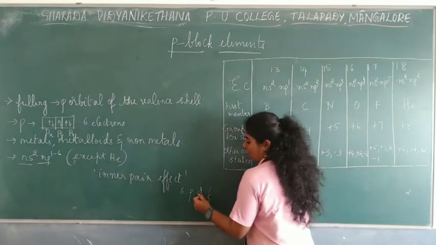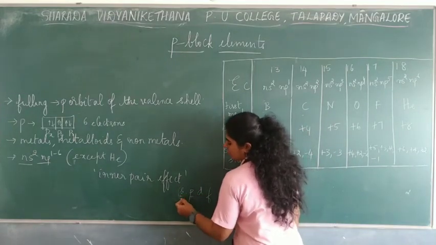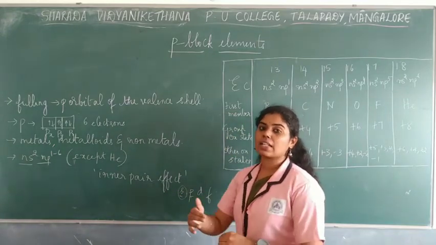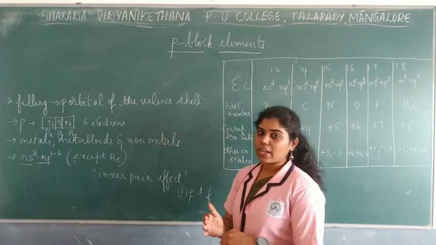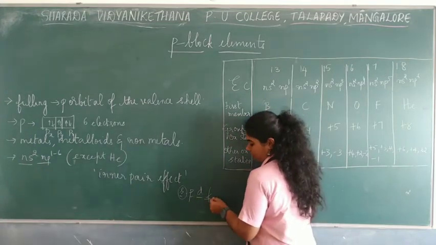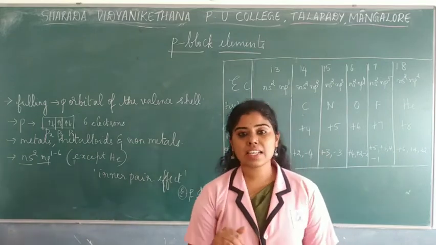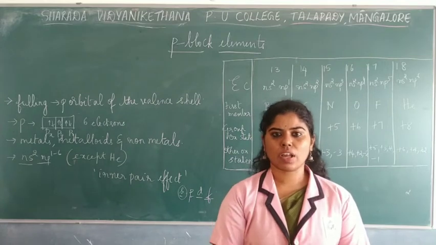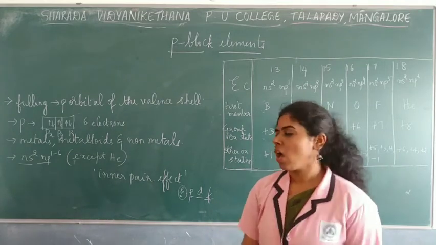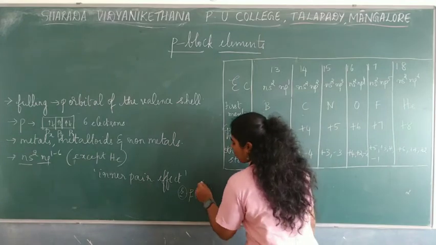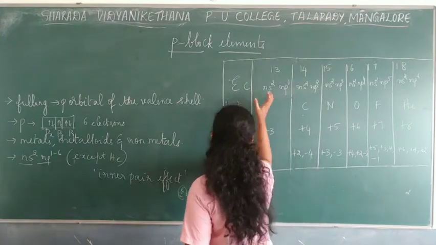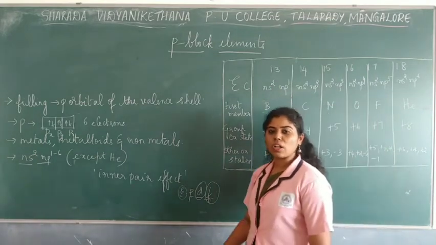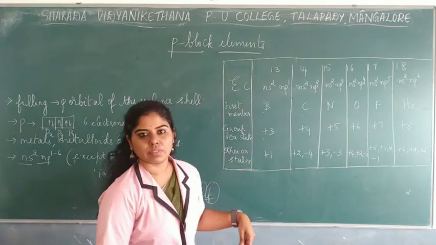Now if you compare s and p, s has more shielding effect towards the nucleus. It can shield the other electrons very properly. But if you compare d and f shells, they have less shielding effect, which means they are really weak at shielding the other orbitals. So if you go down the group, take group 13, starting from boron, then aluminium, gallium, indium, thallium.